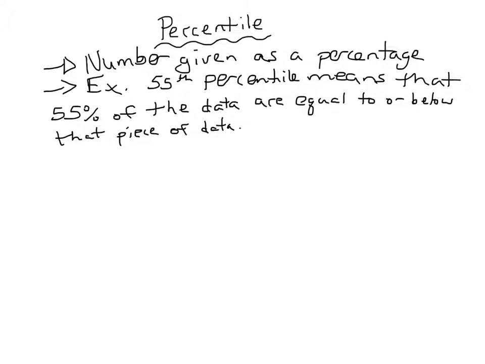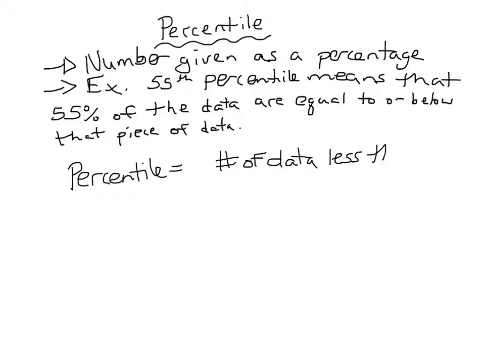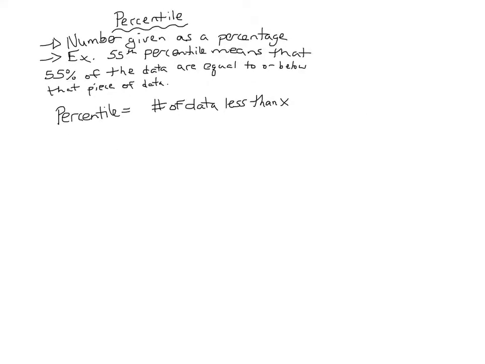Okay, so let's look at an example. How do we actually go about calculating a percentile? All right. So the formula for percentile equals number of data less than x, so less than the number that you're dealing with. I'm going to have to make this smaller. So percentage of data, or number of data less than x,